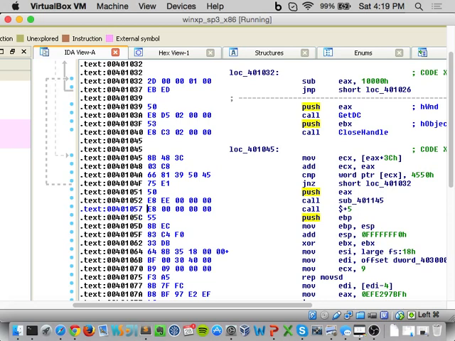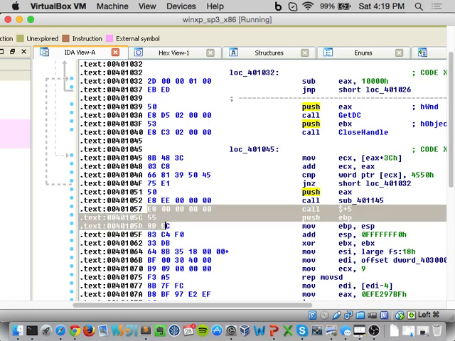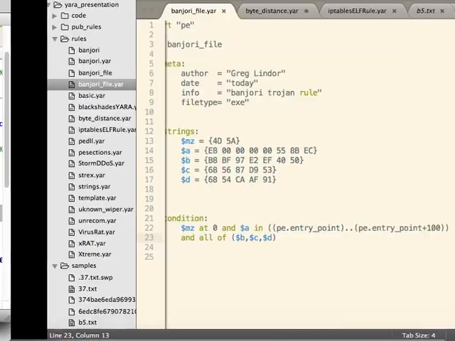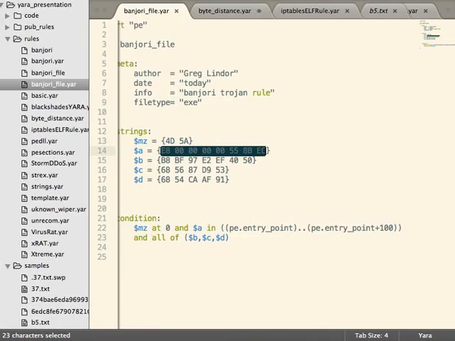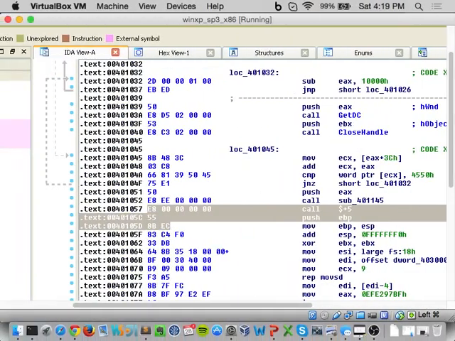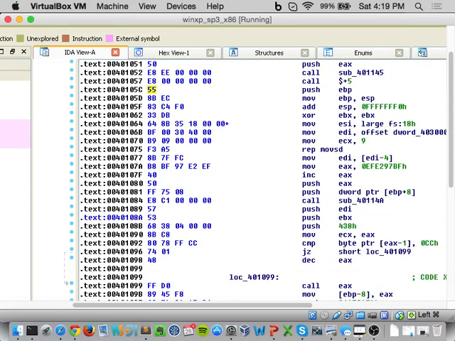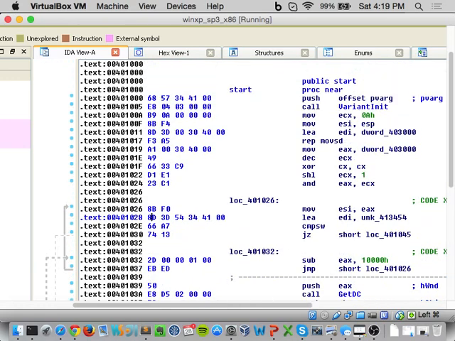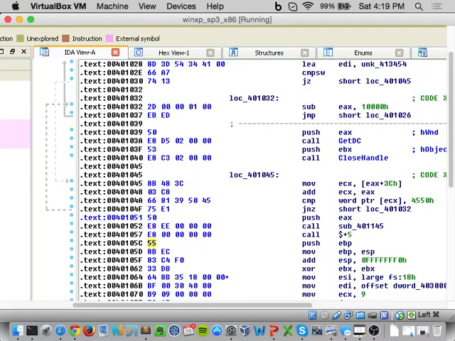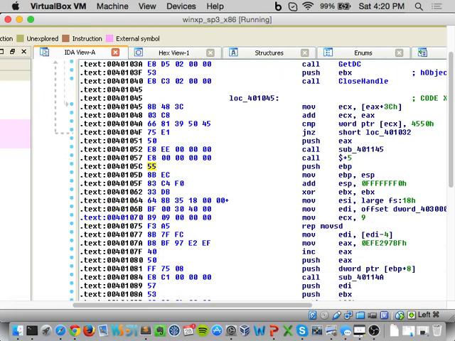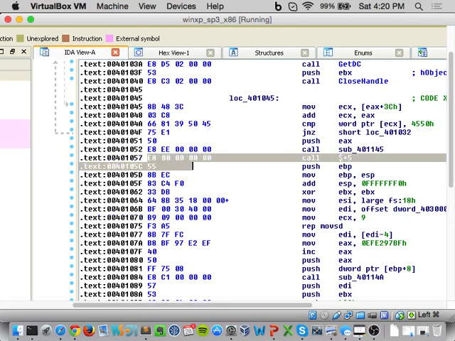So I use this sequence of bytes, right? And we can see that right here, 558B EC, and here's that sequence of bytes. This sequence of bytes happens within 100 bytes of the entry point. I did the math, so you guys don't have to worry about it. I think it's up until somewhere down here. So if it finds this sequence of bytes within the first 100 bytes of the entry point, we have a